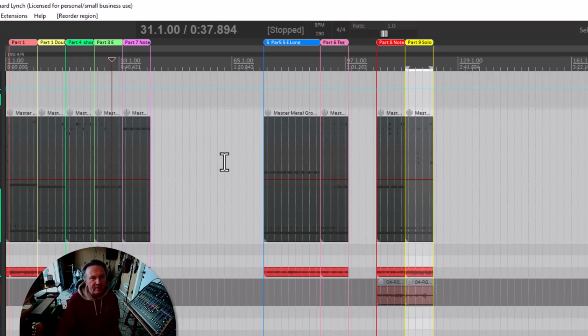Looking at this, I am 40 seconds into this song, and it's already made major changes that all sound pretty natural. Part 9 solo. So what I'm going to do is mess around with these parts and figure out what order I want them in. But I just wanted to show you how to work a little bit with regions in Reaper,